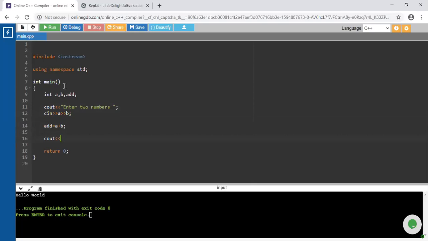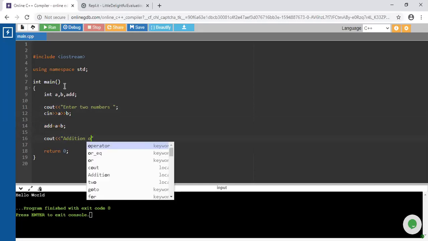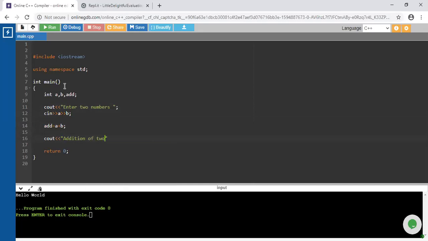Then we are going to display the result. So what is that result? Again, we are using one more cout: addition of two numbers, and that is add. Okay, so once I execute this code,